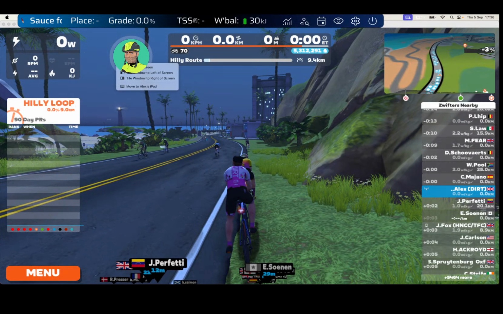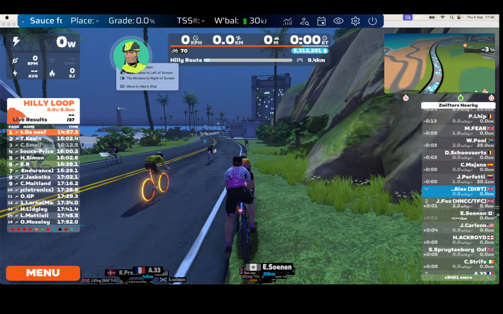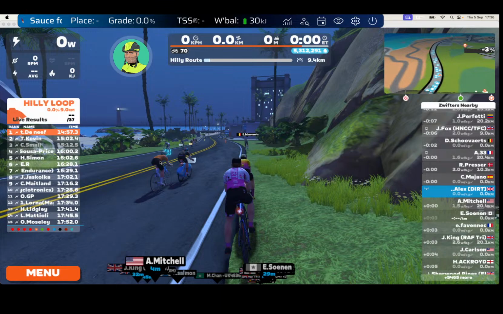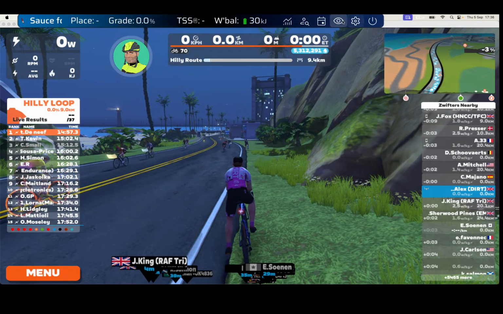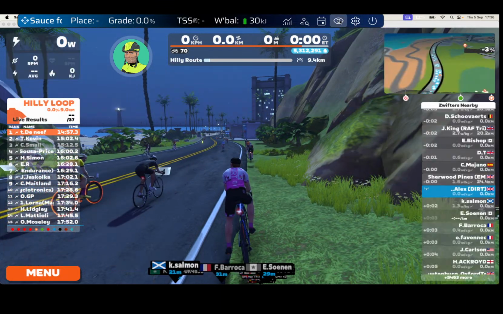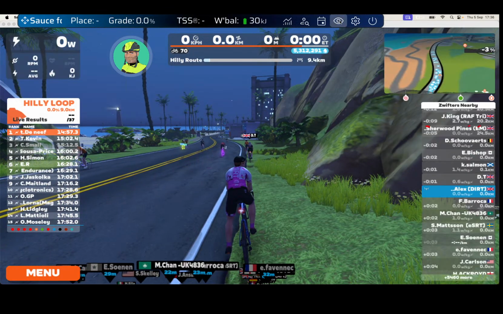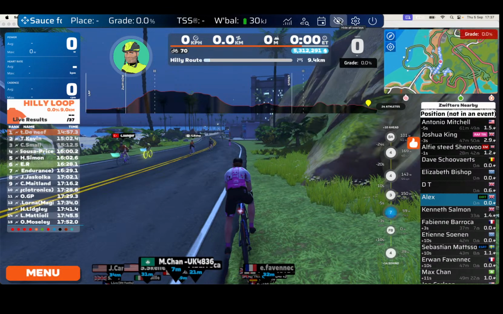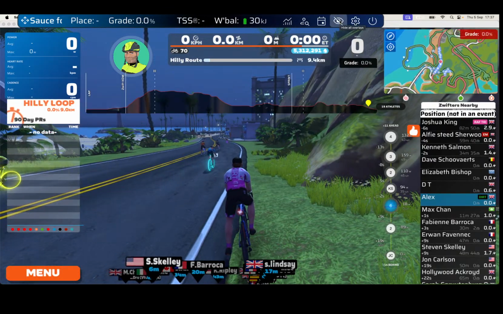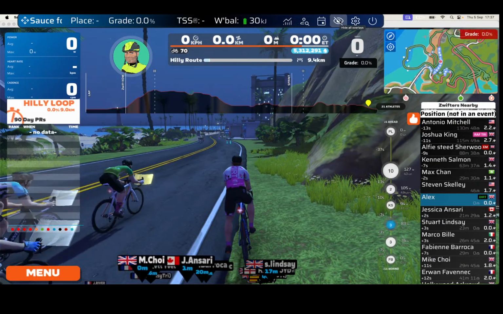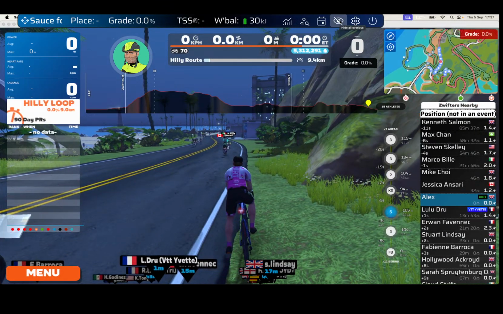Okay, this is just going to be a very quick test of the new HUD to check if it doesn't mess up my source configuration. So top left, that's fine. That just covers up the Zwift provided data, which I don't feel the need to have at the moment. The thing I'm